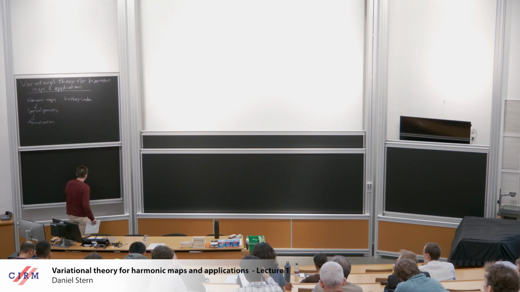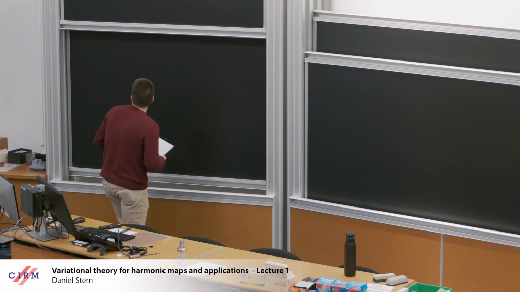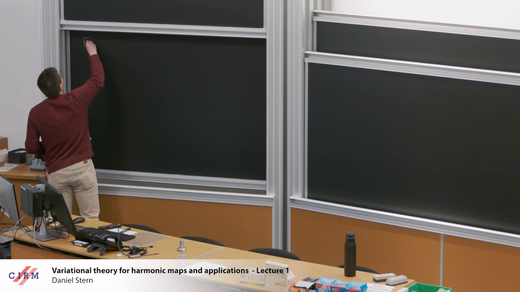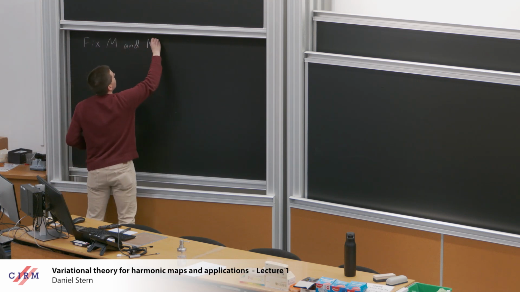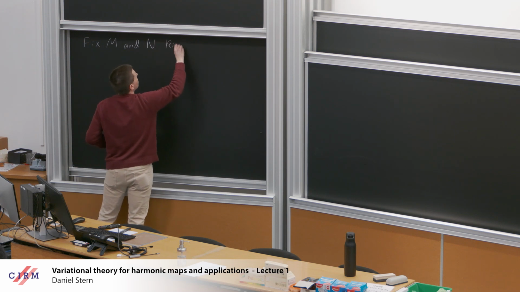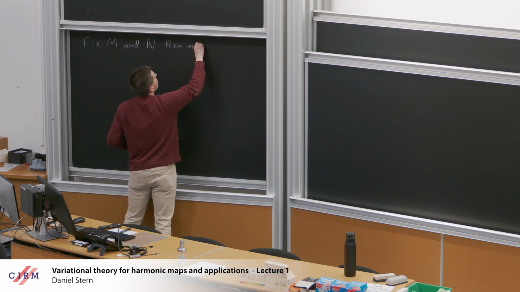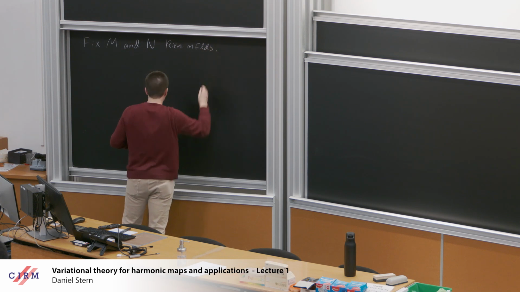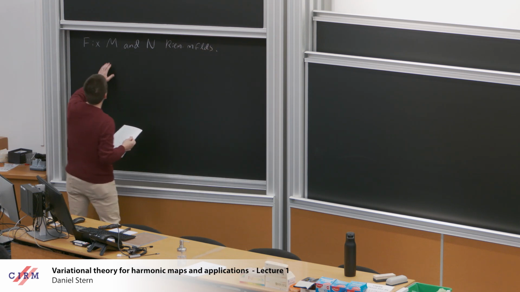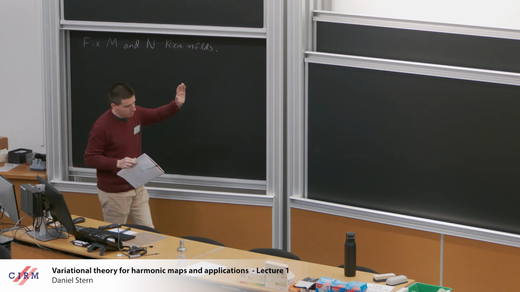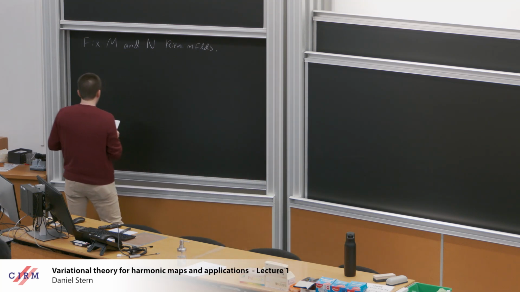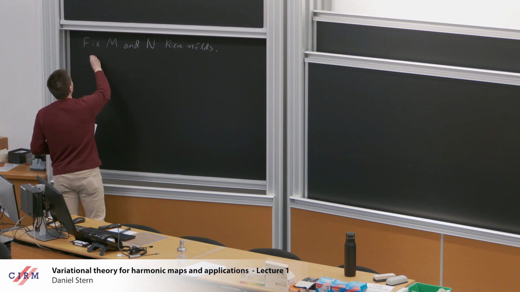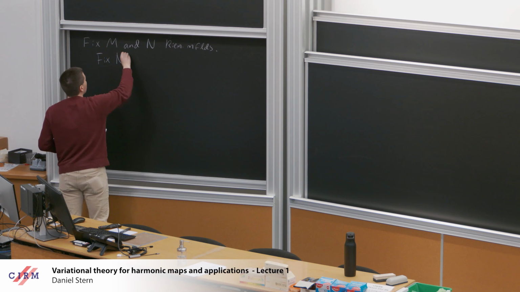But we'll start to set some notation. So let's fix M and N, let's say, complete Riemannian manifolds. Throughout, M will be our domain manifold. It'll change, and the structure won't matter too much on that side until later. But N, we want to put a few more constraints on. So let's fix N to be closed,